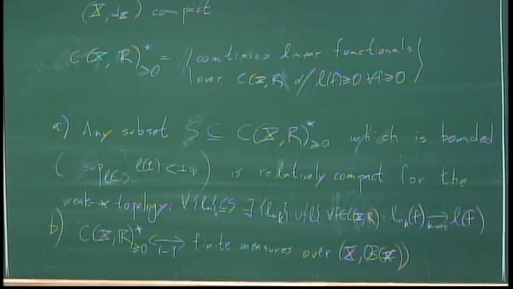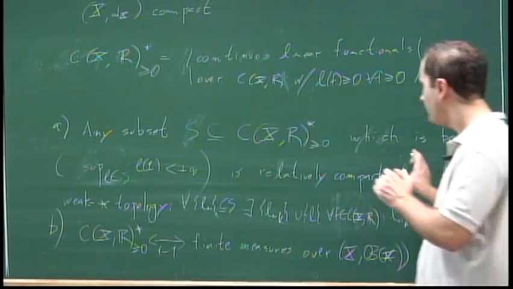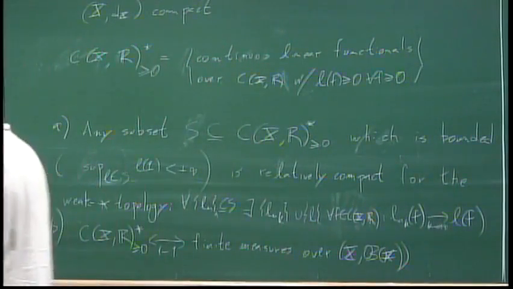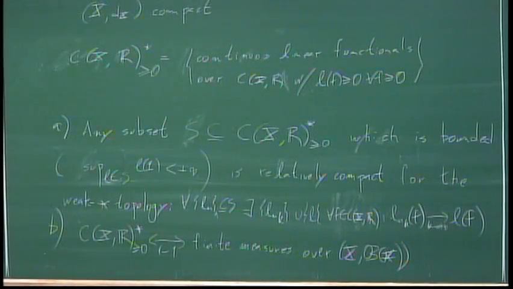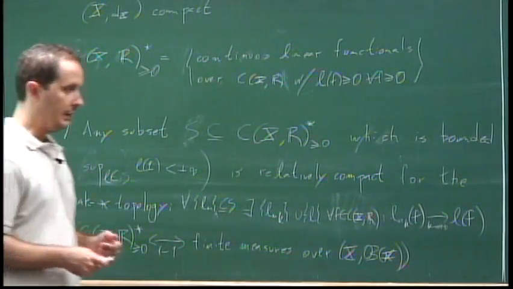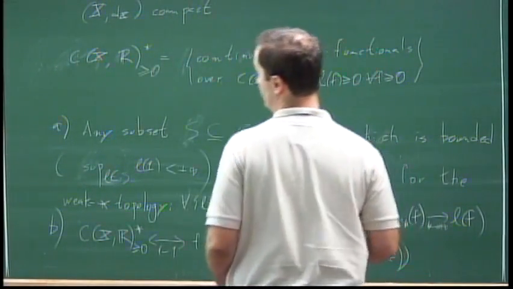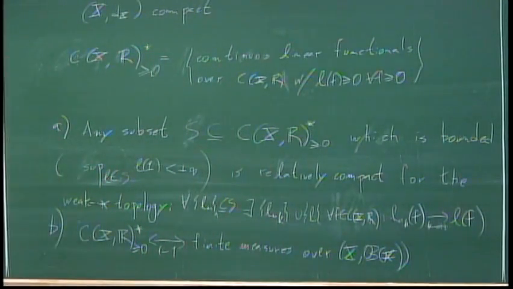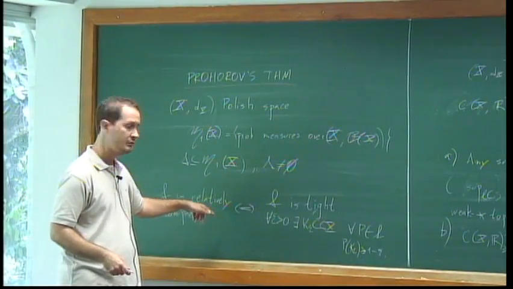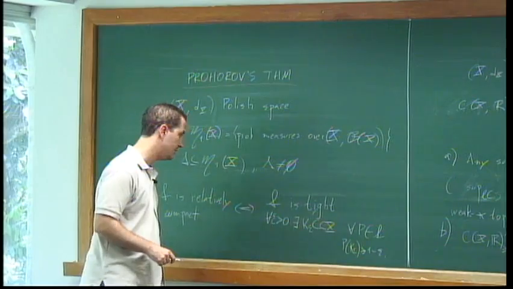So now we're going to discuss the general case, right? And one of the reasons why I'm repeating this proof is that the general case is going to follow from this somehow. Right, so let's see what we have here. So I'm going to prove first this direction, that tightness implies relatively compact, no, sorry, I'm going to prove the other direction first, which is the easy one.